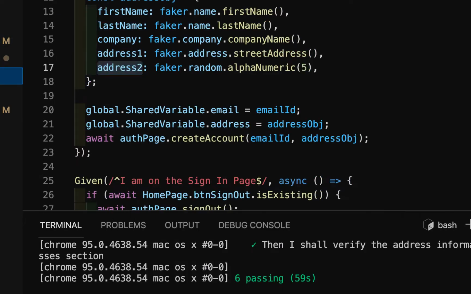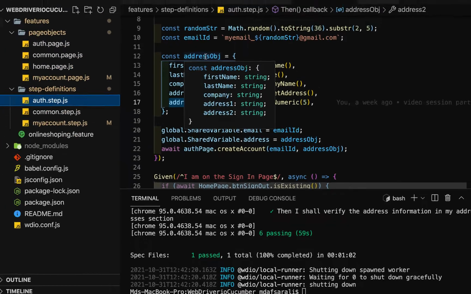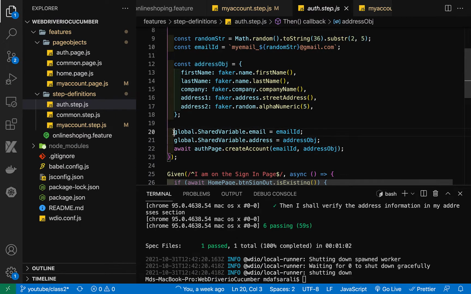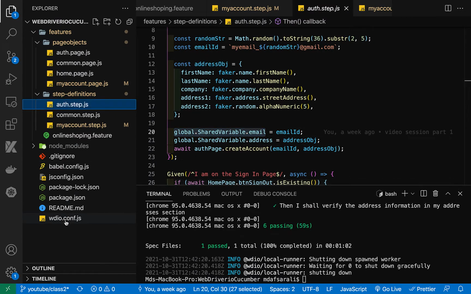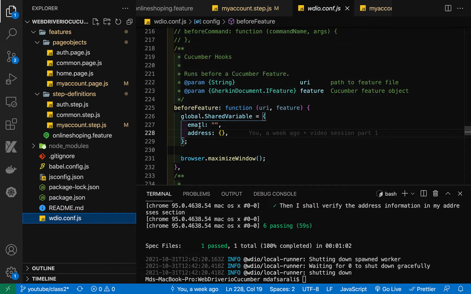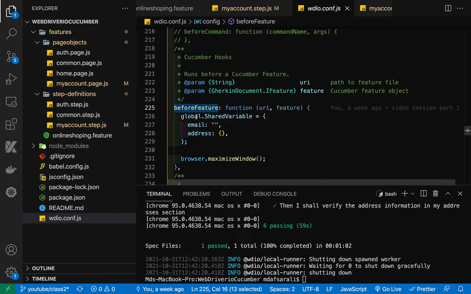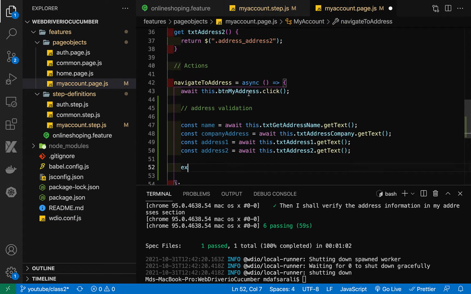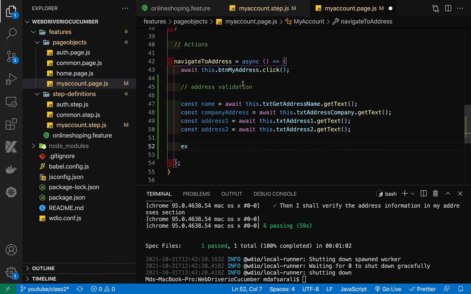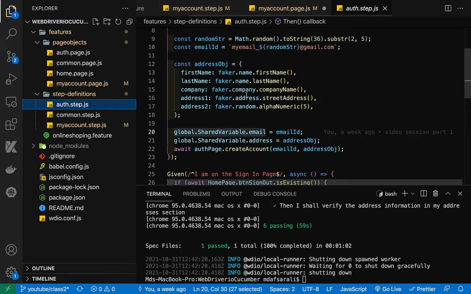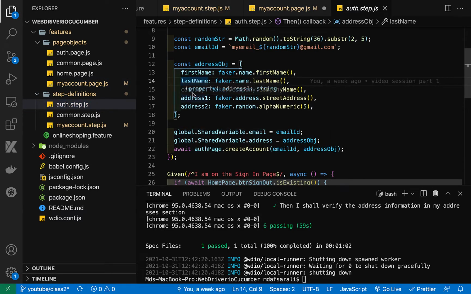If you go to auth.step, we created one address object and saved it into a global shared variable in WDIO config over here. If you see here, before feature we have one object called global.sharedVariable. Within that we have another object called address. Within this address we have created some fake data in the auth step over here: first name, last name, company, address one and address two. All right, so we can use those